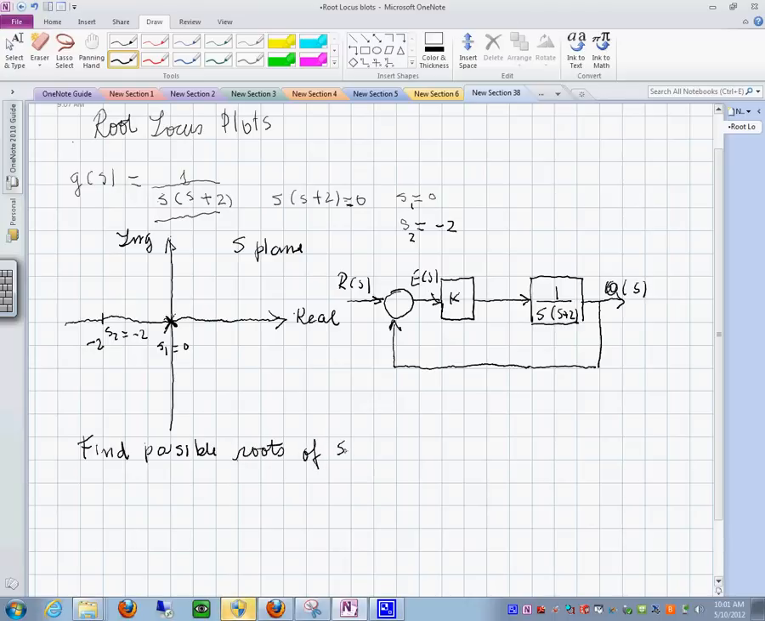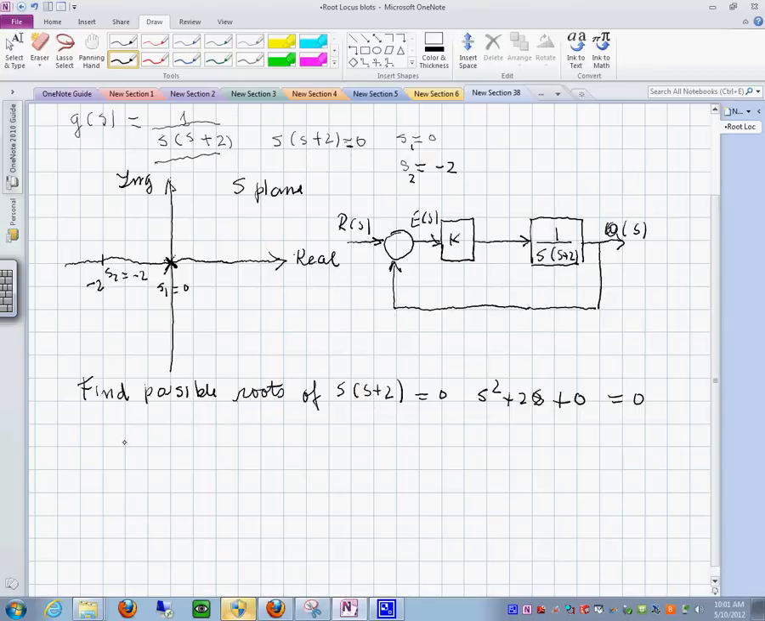of s times s plus 2 equals 0. This of course is like writing s squared plus 2s plus 0 equals 0, right? This is the same thing. Find the possible roots of this